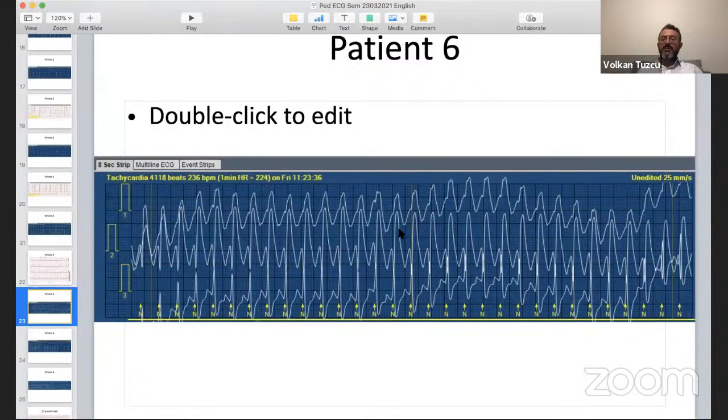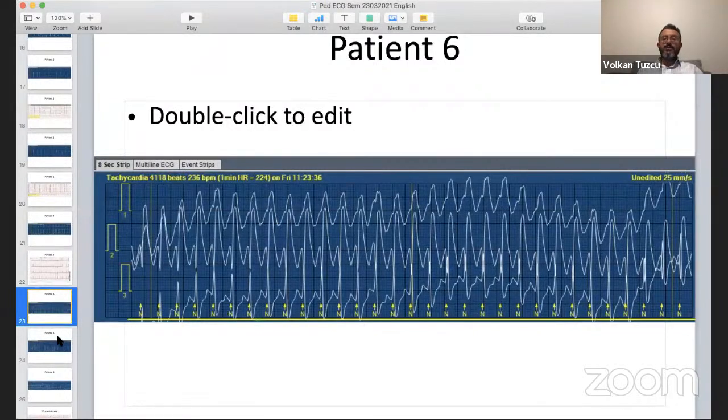To decide, you need to do some things like vagal maneuver, adenosine, and look at the baseline QRS during sinus. You need to see these things to decide, right? You need to see whether it's responding to adenosine and all these things. Otherwise, this is wide QRS tachycardia. And it's quite fast, actually.